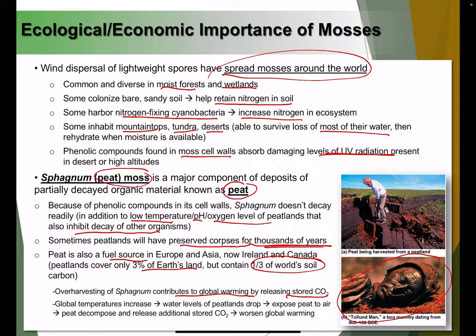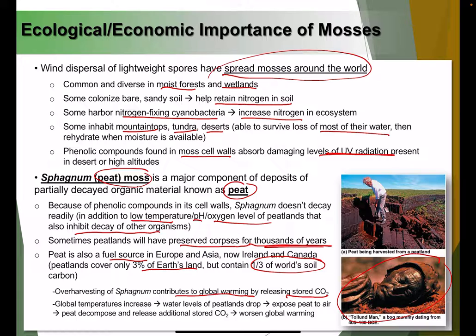Because we just said that peat actually contains 1/3 of the world's soil carbon, which means that when they are burned for fuel, they are releasing that carbon off as CO2. And the more CO2 we release into our environment, that can contribute to global warming. Now, when we have global warming, we usually have what's called climate change, where weather gets hotter and hotter each